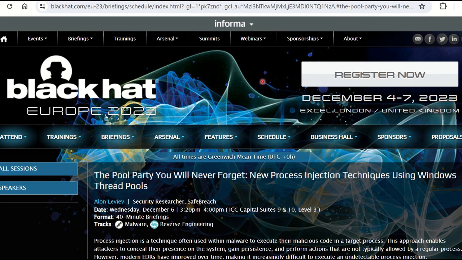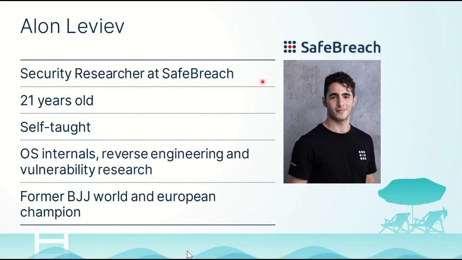So I thought of creating this series when I came across the research on newly discovered process injection methods that were presented at the Black Hat Summit some 2 months ago. Black Hat is a highly esteemed community, as we all know. They bring together several thousands of cybersecurity experts and researchers and participants from around the world. There, this security researcher unveiled 8 new process injection techniques which are fully undetectable, and that was the motivation